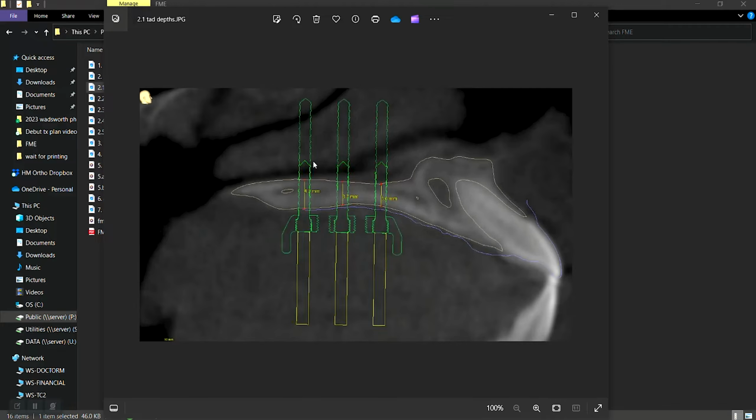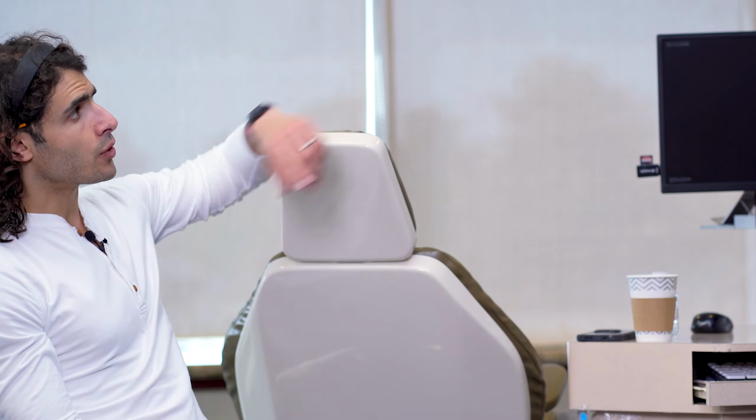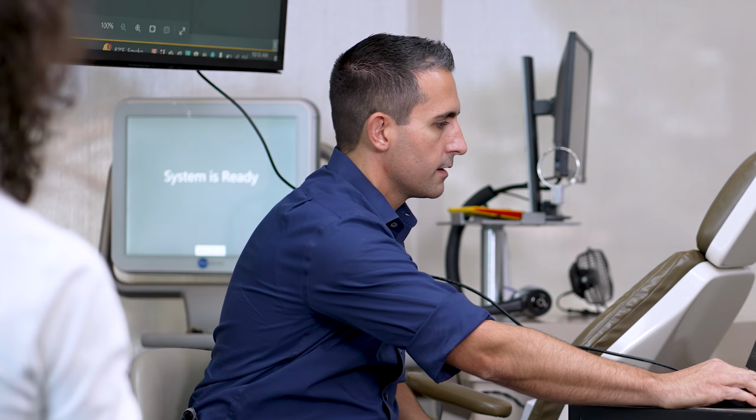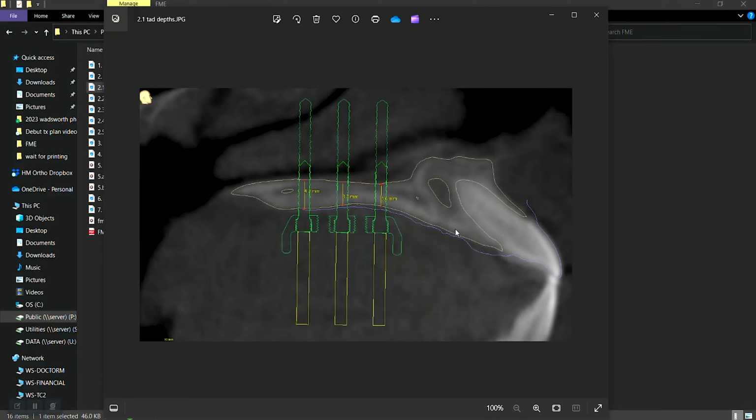In this case here, you can see that all three of these TADs are the same depth. And that was all that was needed in order to get bicortical engagement here. Can you point out the bicortical engagement? That's another concept that people have a hard time visualizing. Sure. So this wider bone here is cortex, and you can see this wider bone here is cortex. Pretty much all of your bones have cortex on the outside, which is denser bone. All right, so that's like the strong bone. And then in the middle is the cancellous bone, and that is a little bit softer and easier to manipulate